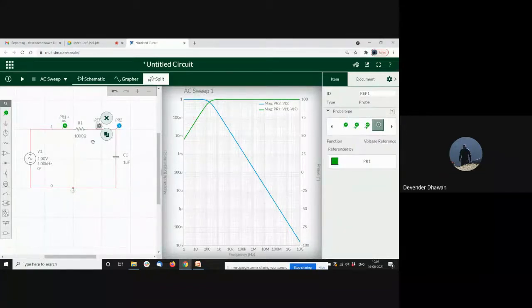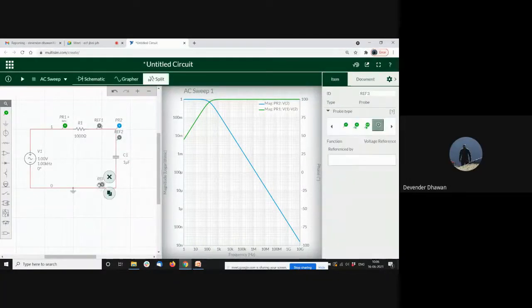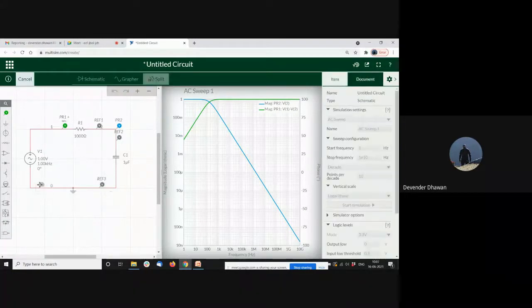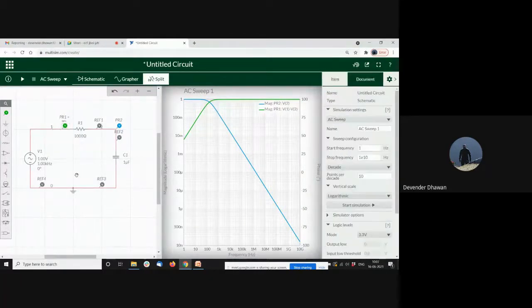Let me show you that also. If I copy this and I point it here, you see this is reference 2. Then if I put it here, this is reference 3. If I put it here, this is reference 4. So if I now go and I show the list, you see all the references it is showing me. It is telling me, okay, which reference point you want to use, not ground. Hope I'm clear.